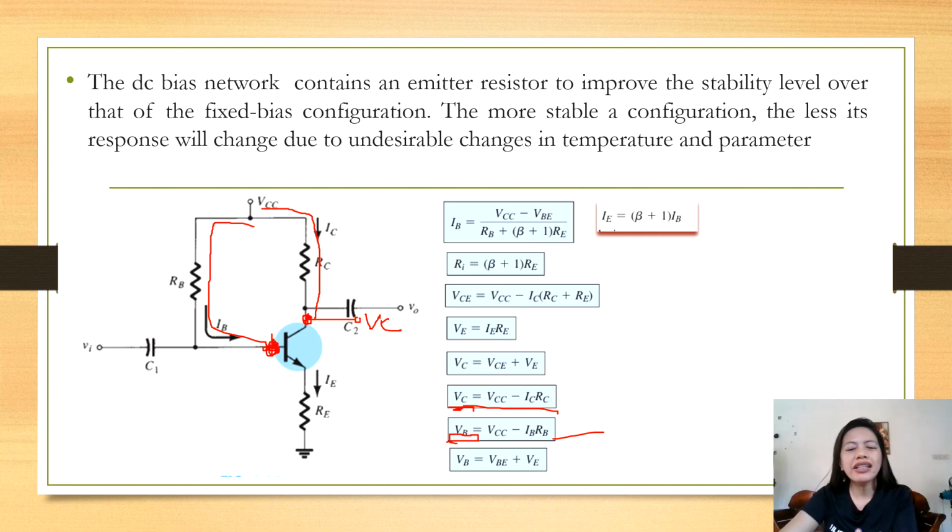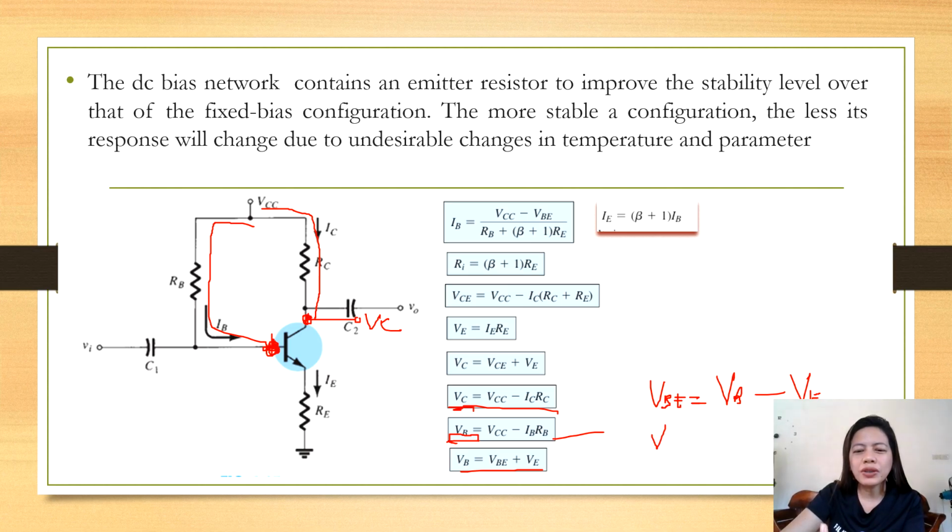Okay, so lastly, the formula VB is equal to VBE plus VE. Actually, this is just the technique that I instructed you in our discussion. VBE is equal to VB minus VE. Wow, I guess I'm getting better at writing through my mouse. So that's VBE. Since we're looking for VB, VB is equal to, let's make it positive, VBE plus VE. Alright, so that's how you arrive at the formula.